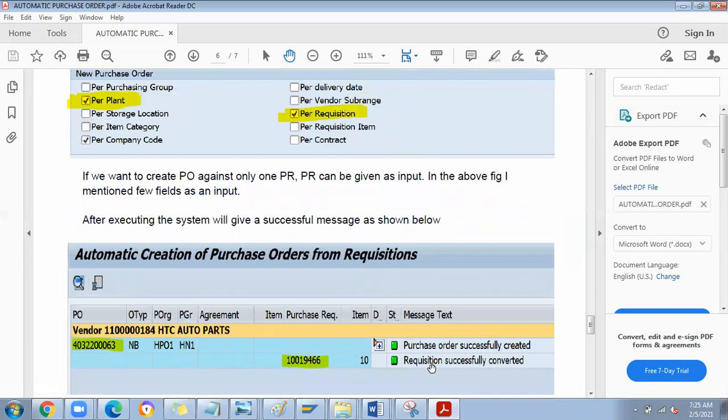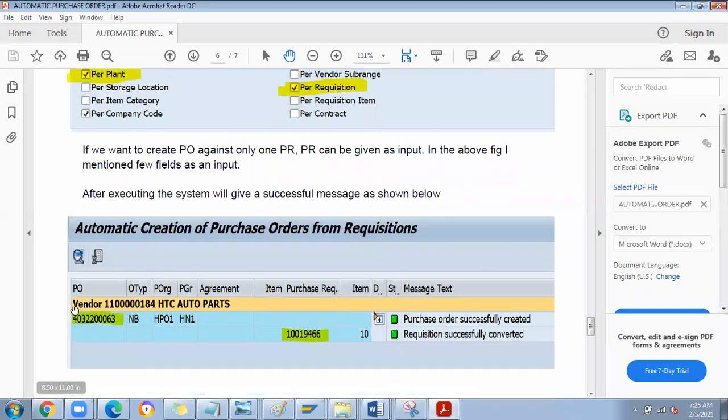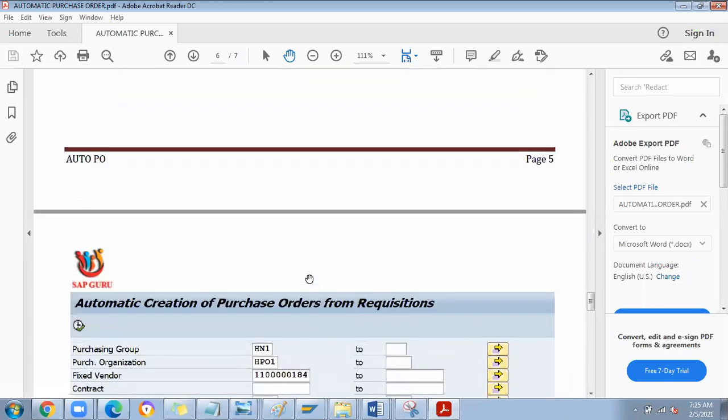You can see this purchase requisition converted as a purchase order. This is a log; it will show whether it is converted or not. In case any error is there, it will show an error log here. The message text will show something faulty in the purchase order, some error in the tax code. So everything you have to maintain in the background so you can convert PR to PO easily. Let's open the SAP screen now and see how we can convert PR to PO.